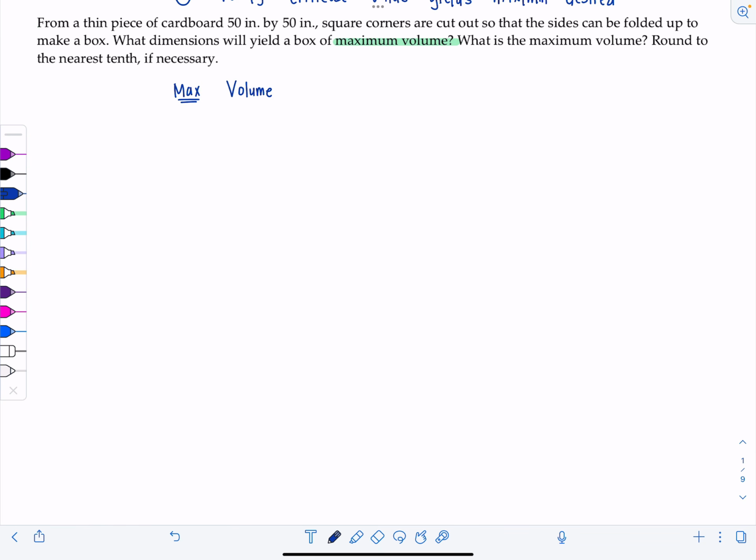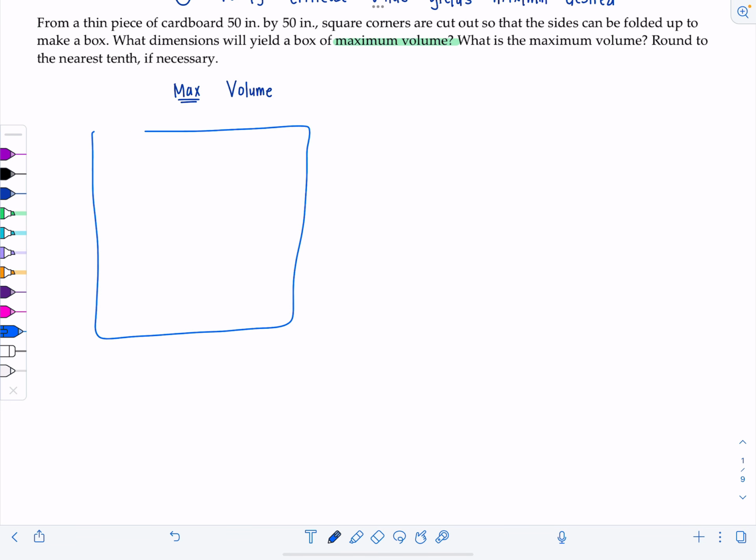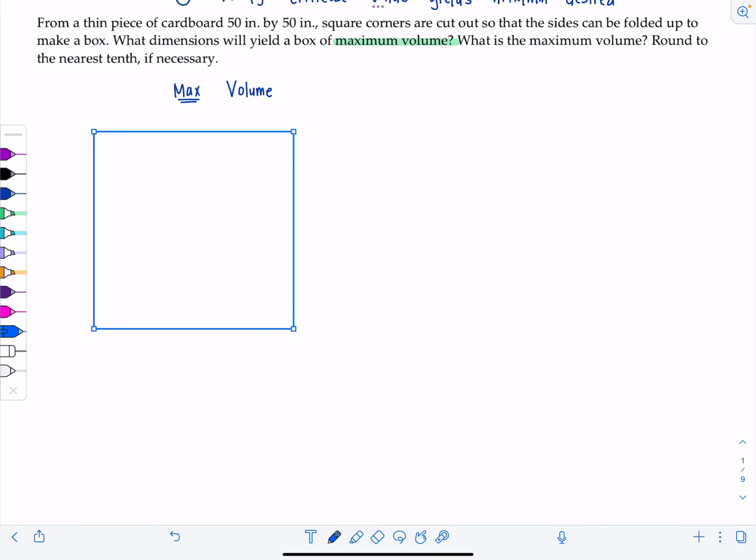Okay, great. Then that tells me my goal is to figure out a function representing the volume of this box, and it needs to be a function of one variable. How are we making this box? We have a thin piece of cardboard, 50 inches by 50 inches. So it is a square to start off with. And then we're going to come through and cut little squares out of each of the corners. So this gets cut